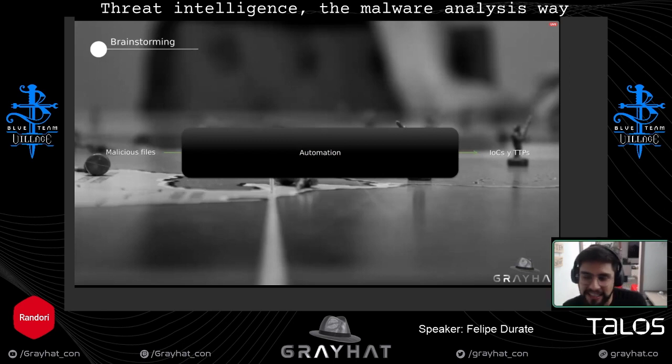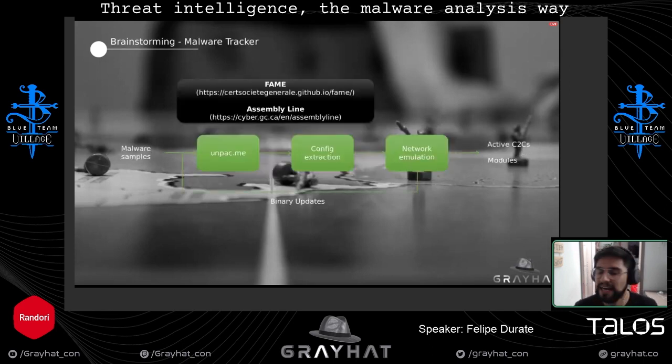An idea is to easily extract IOCs and TTPs, because we did the analysis, so we do have the TTPs. With everything we saw here, we can create a kind of matrix, my ATT&CK matrix. That will be great. But I have some ideas, so this kind of analysis can be focused on some use cases.